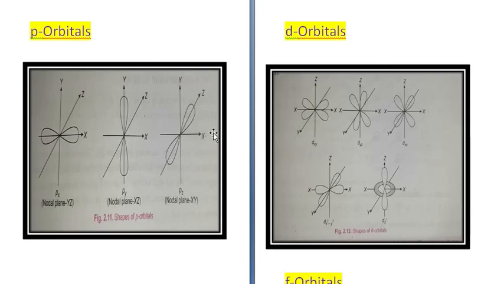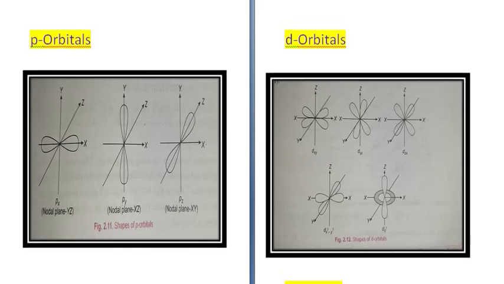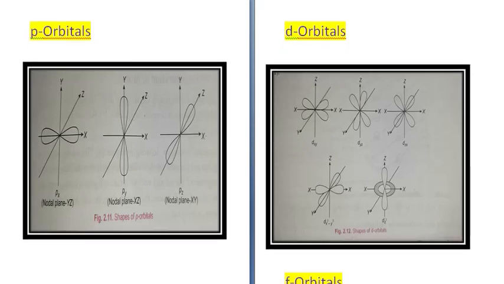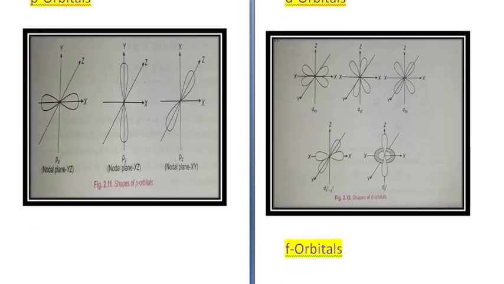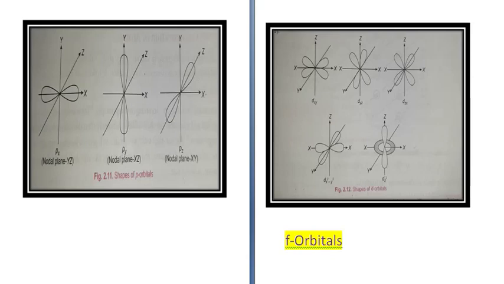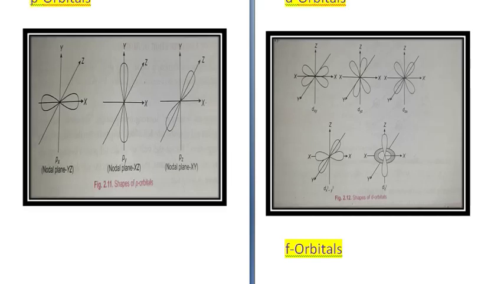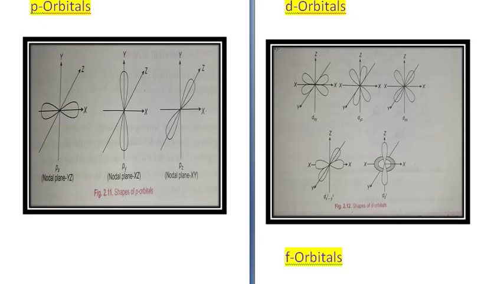Next type of orbitals we have are called d orbitals. Now d orbitals, there are 5 of them. Okay, p orbitals were only 3, so p orbital could accommodate only 6 electrons. Now there are 5 d orbitals. They have the same energy. They are also degenerate orbitals. They are double dumbbell shaped. dxy, dyz and dzx orbitals have identical shape.